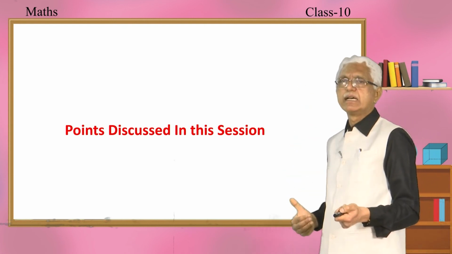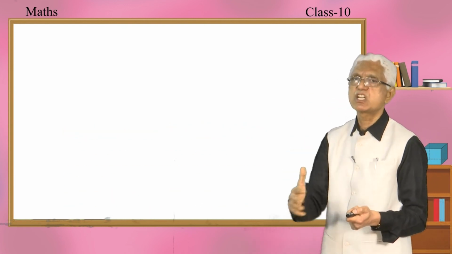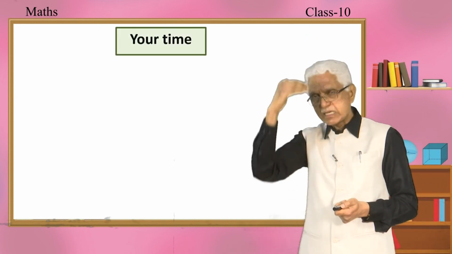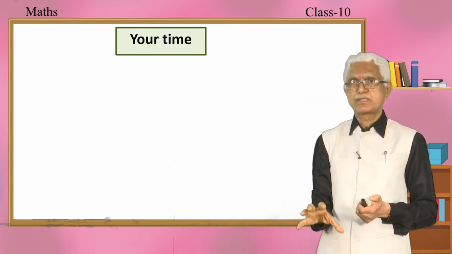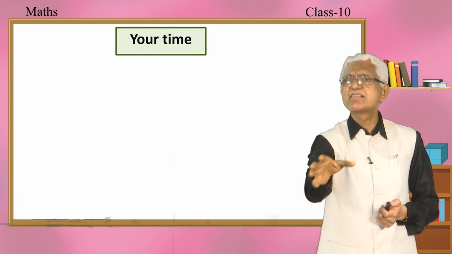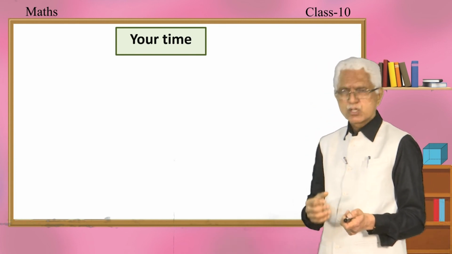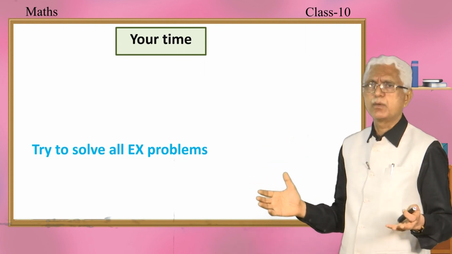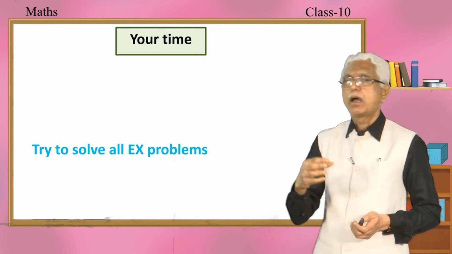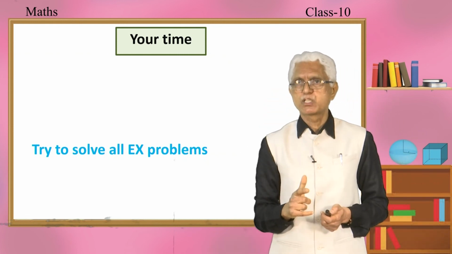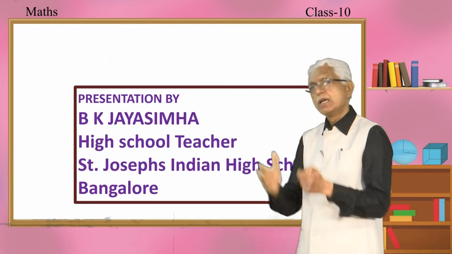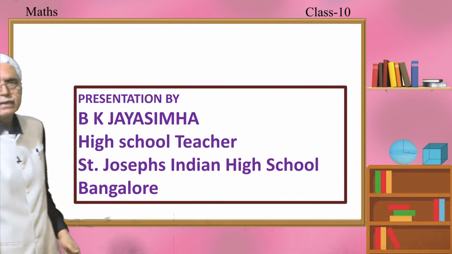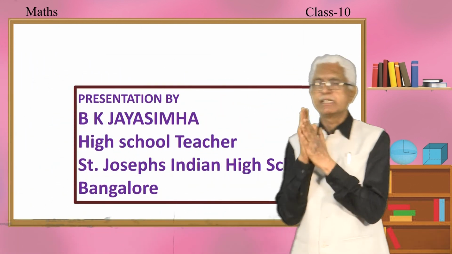So, what all we learned in this fifth session of the lesson, arithmetic progression, is a variety of really interesting problems, my dear children. Now, a small assignment for you. Try to solve all the exercise problems, also the worked examples, and especially as many problems as possible from the old question papers. With that I complete the final session and thereby the lesson arithmetic progression.